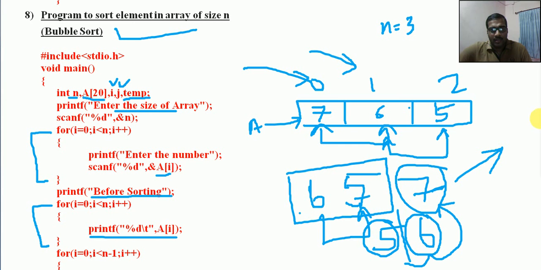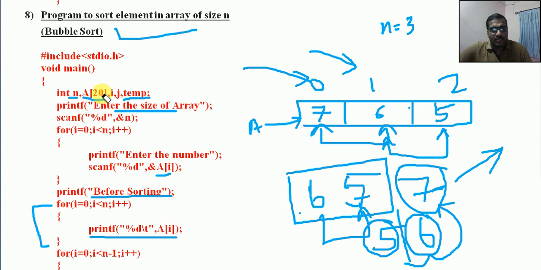Okay, now let us look at the exact logic of bubble sorting, and how we can implement these concepts in the form of a C program. So reading an array, printing an array before sorting. The same thing will be applied after applying the sorting algorithm. That logic will again print the array, in 5 6 7 order.